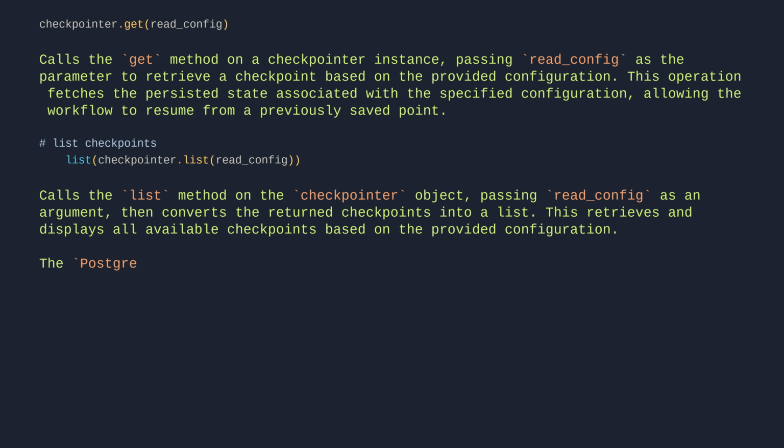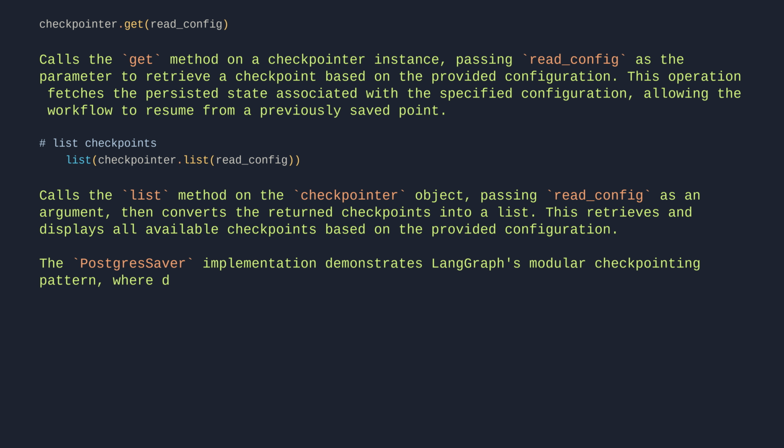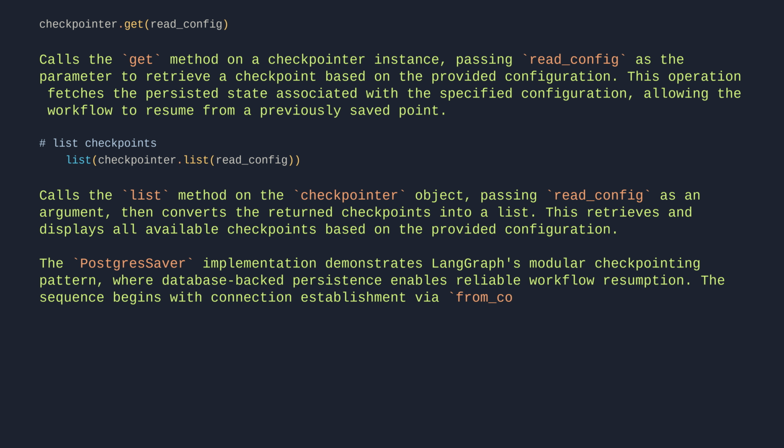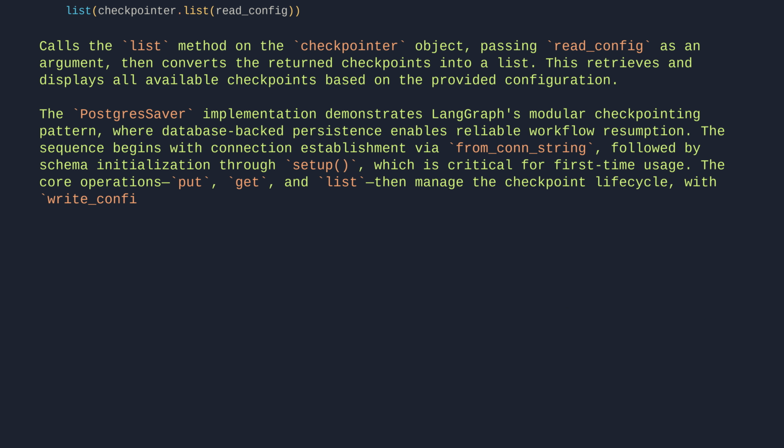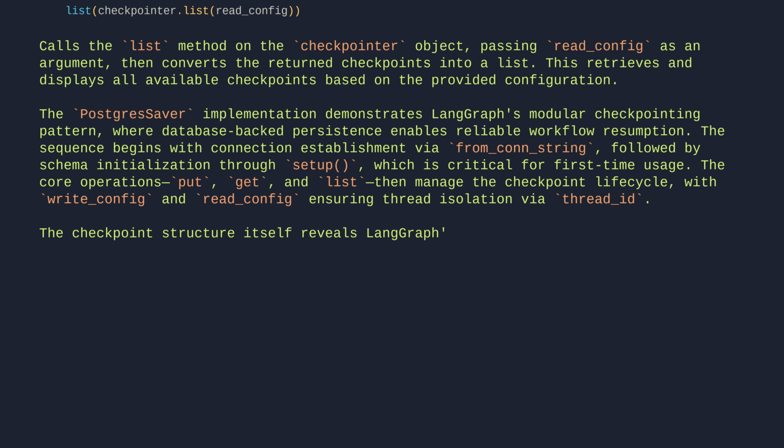The PostgresSaver implementation demonstrates LangGraph's modular checkpointing pattern, where database-backed persistence enables reliable workflow resumption. The sequence begins with connection establishment via from_conn_string, followed by schema initialization through setup, which is critical for first-time usage. The core operations, put, get, and list, then manage the checkpoint lifecycle with write config and read config, ensuring thread isolation via thread_id. The checkpoint structure itself reveals LangGraph's versioning system, where channel values store state like MyKey, meow,